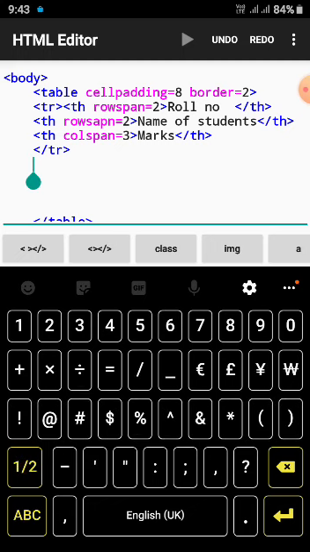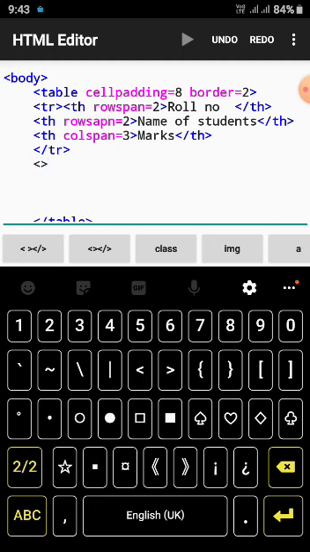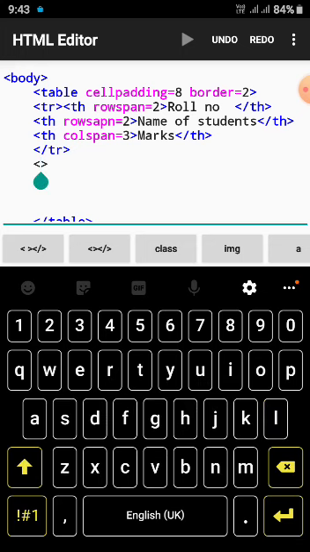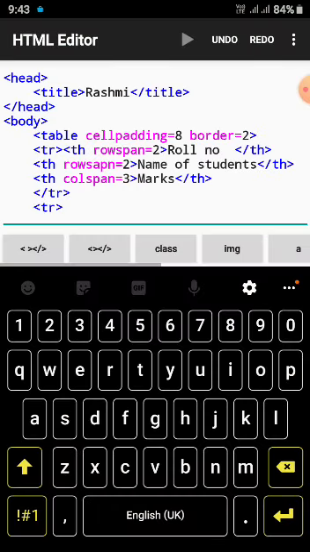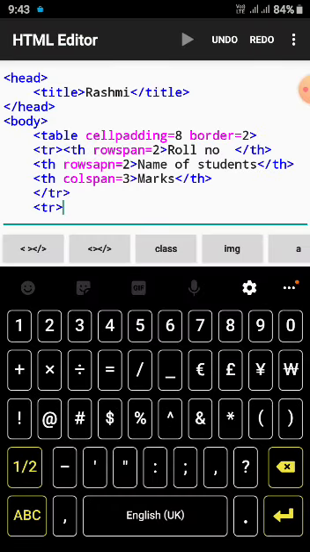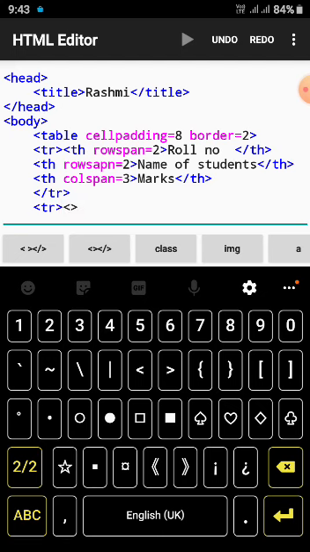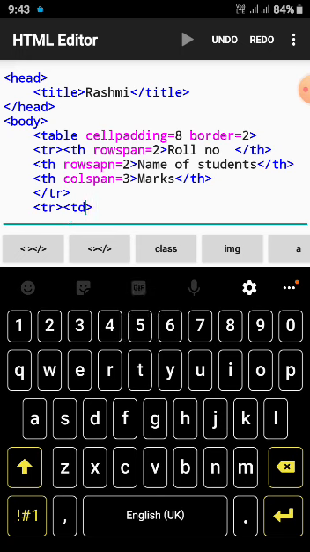So for making the next row, what do we have to start with? We have to start with TR. Fine, students. Then we have to make TR here, the next row. So what do we have to write inside TR? What is there? Roll number, nothing, I wrote nothing. I am writing just the 3 students' names. So the roll number and the 3 students' details, I am giving. Suppose, because this is data, do I have to write TD or not?